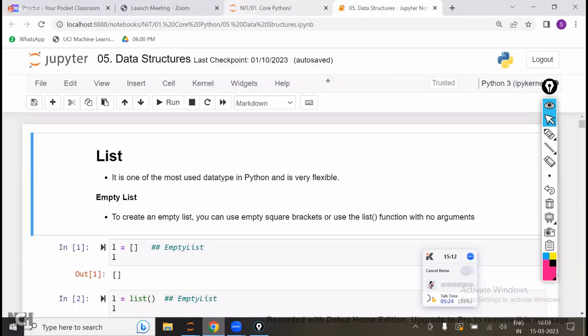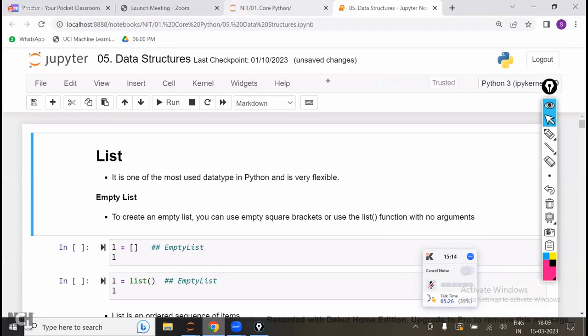In the previous classes, we have discussed the list concept and the tuple, right? Lists and tuples, where lists are mutable and tuples are immutable. So in today's class, we are going to discuss the next one called as